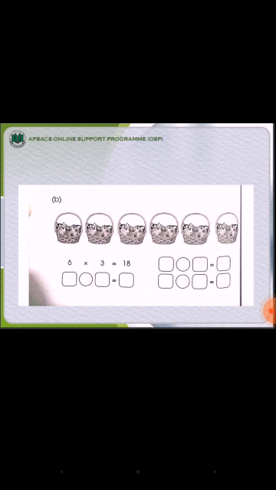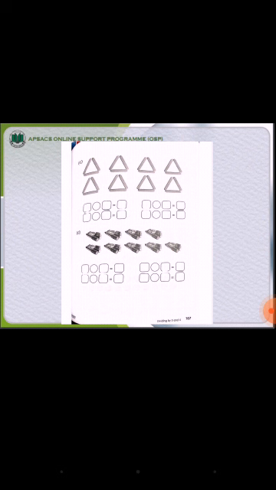Question number B is 6 multiplied by 3. There are 6 baskets and each basket has 3 pets. So multiply 6 with 3. Next multiplication fact is 3 multiplied by 6. And similarly with the division fact, divide 18 with 3 and then divide 18 with 6. C part and D part are similar to first 2 parts. Count the number of objects and then count the number of sticks, multiply it and write the answer. And similarly write division facts.